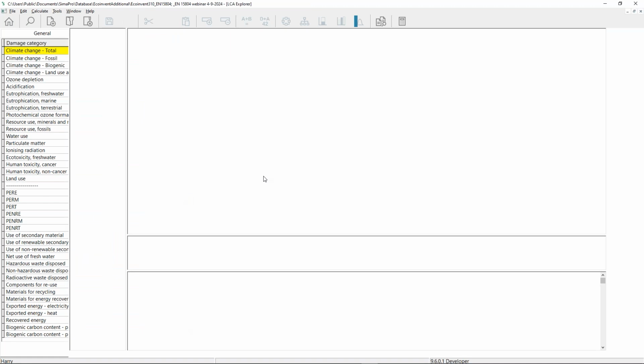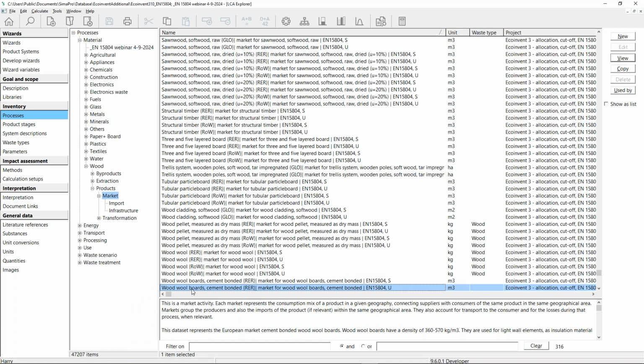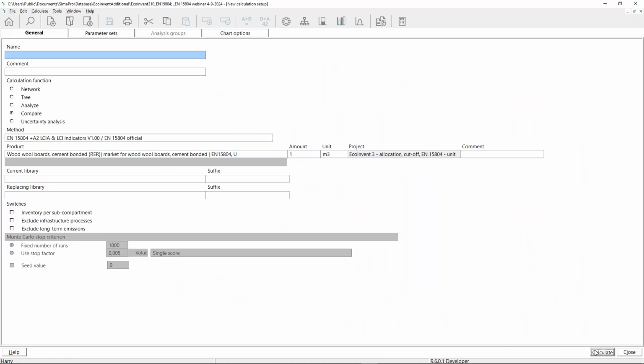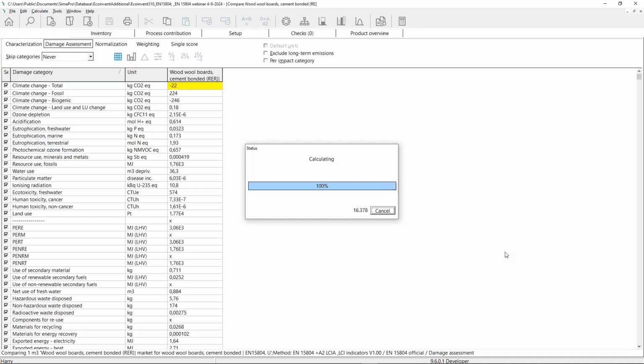So if I close this one and I go to the processes, I just took the example that I also took in the manual with this method. I took a unit process, so it will take a little while, but if I do a calculation, let's say out of the box, then you will see that after the calculation has taken place, and the whole complex network that Enrico told you about, all the unit processes are interconnected. They are all calculated now in the background, and they will then present you the result.